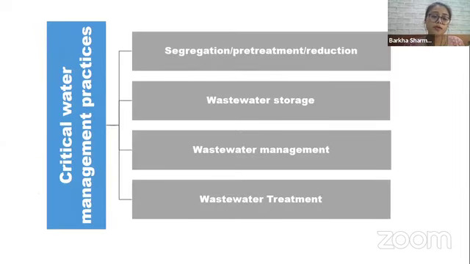In this regard, to maximize the benefit and minimize the drawbacks of wastewater irrigation, several management practices must be taken care of. Also, their combination will result in the best outcome based on the locality. The use of internal or basic system is advantageous and more reliable from the point of view of social and economical background. The management practices can be: first one is segregation, pre-treatment and reduction of the hazardous compounds present in